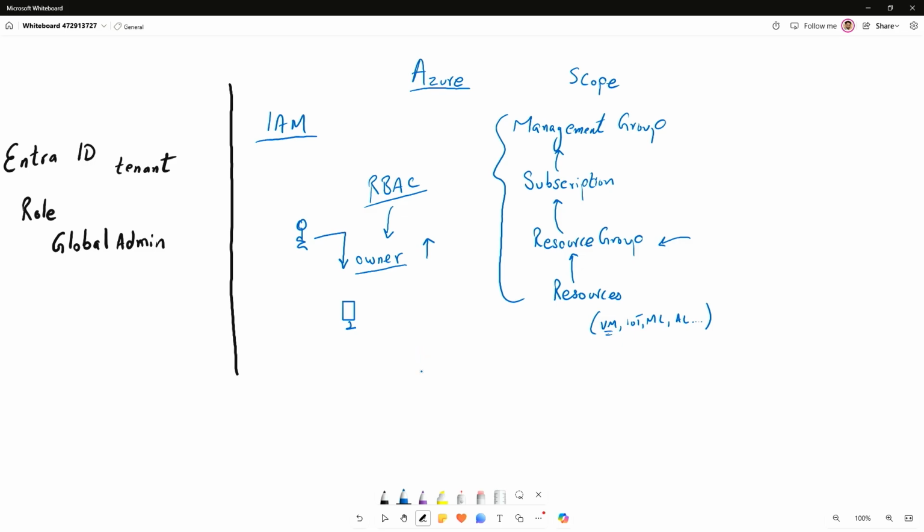Being an owner, I can perform any task on this resource. I can create it, I can delete it, I can edit it, I can give others permissions to come and collaborate with me on this. Again, it's a control that I have being the owner of the resource. Now, so far, this has nothing to do with Entra at all. On the Entra level, I might be an admin, I might be just a simple user. It doesn't make any difference to me in Azure resources. Right now, in my subscription, on the resource that I'm creating, I have the owner role. I created it, it's my resource, it's mine, right? So in that case, I control everything around that resource.